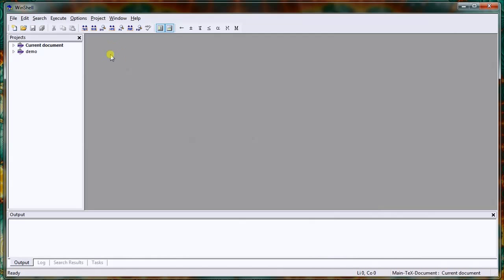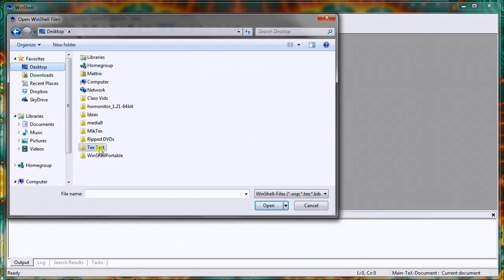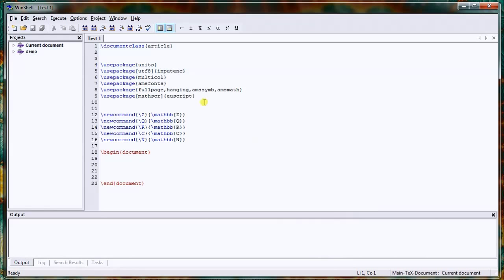So let's get to some of the basics of using this. So let's go back to that test. Okay, so our preamble's good. This stuff should be sufficient. It's okay to have too many packages there, but if you don't have enough, then it won't compile correctly. So I'm just going to show you what the process of compiling is going to be like. So this is a test. Here is some math for your enjoyment. Alright, so how about